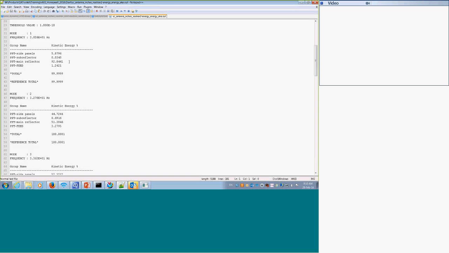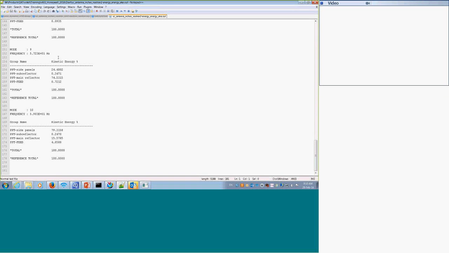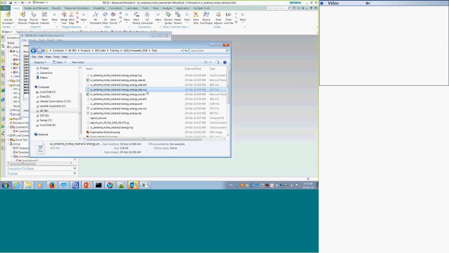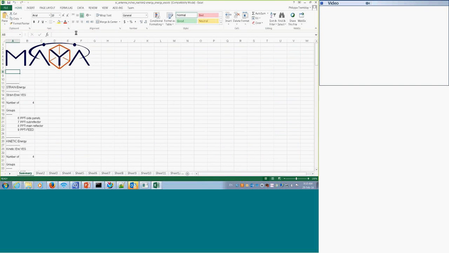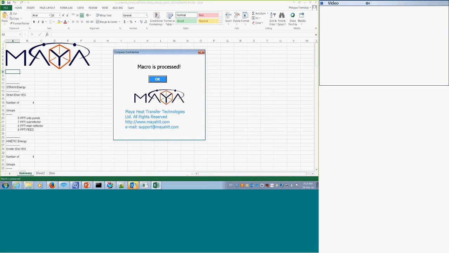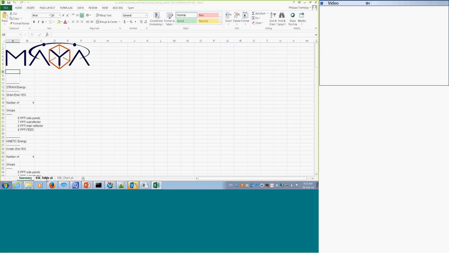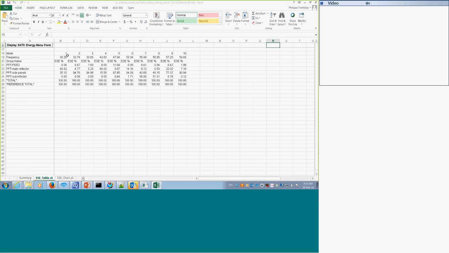Before you get the kinetic energy results for each group. More interesting file. So I'll open the kinetic energy file. And it's in my other screen here. Hold on. Macro. You can change my macro here to whatever you want. Template file.